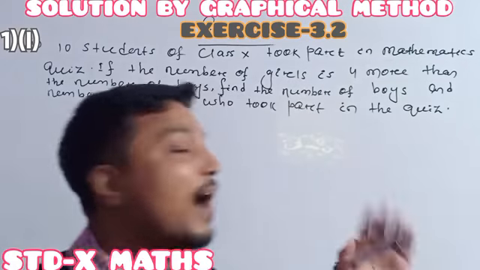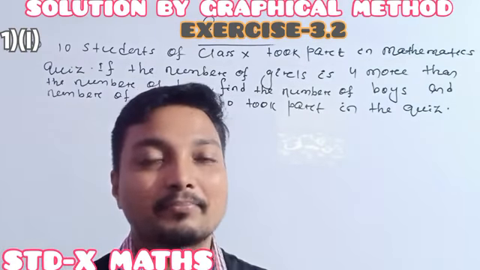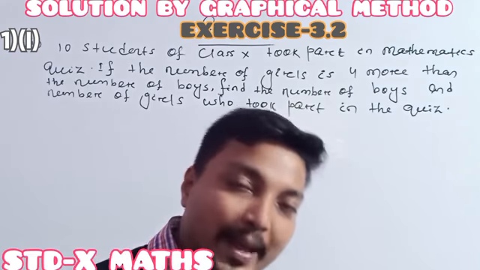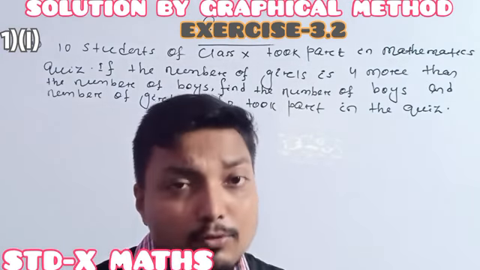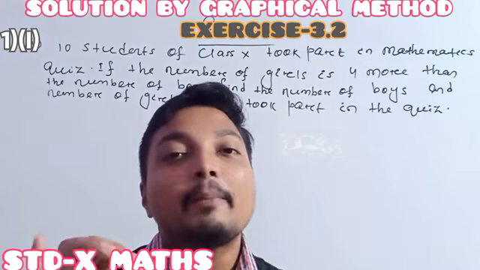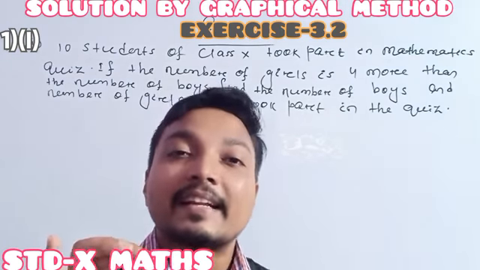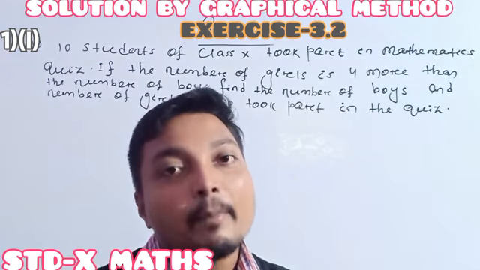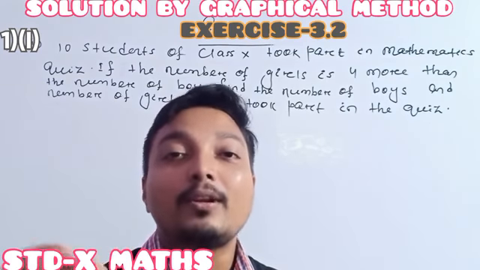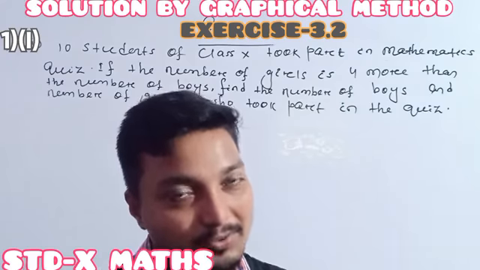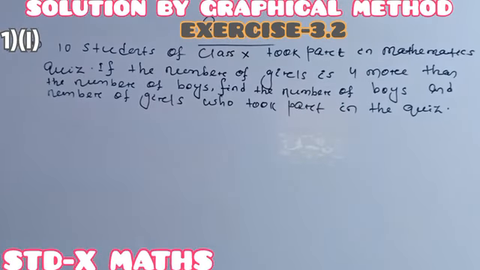Okay, so here one of the practical questions is given. That practical situation we have to convert into a pair of linear equations in two variables. Then we have to check whether the graphical representation is intersecting, coincident, or parallel. Understood? Then by the graphical method we try to find the solution of the pair of linear equations. Understood?